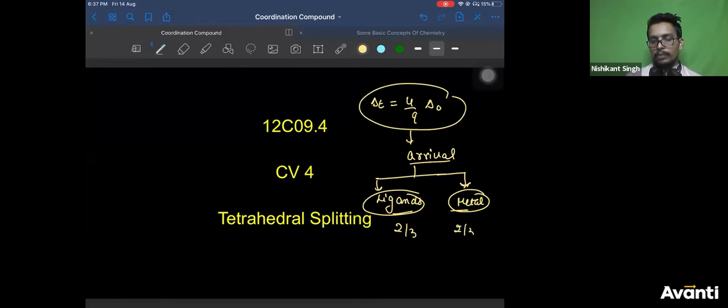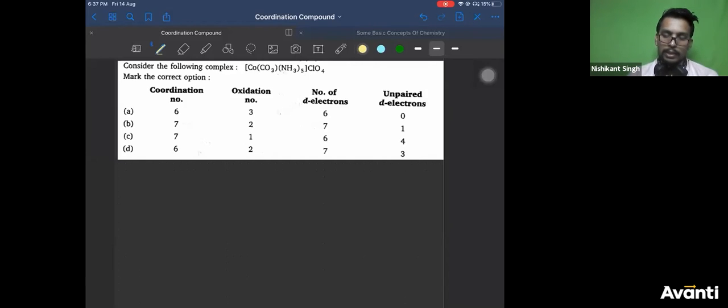I will explain it in some advanced class. When you take these 2/3, you get 4/9. Right now, I'm not explaining this, Chandan. There is a difference between arrival and derivation. In derivation you take a model and start from the basics. In arrival you take an already existing equation and use it to get your answer. You are not starting from basics. That is called arrival.